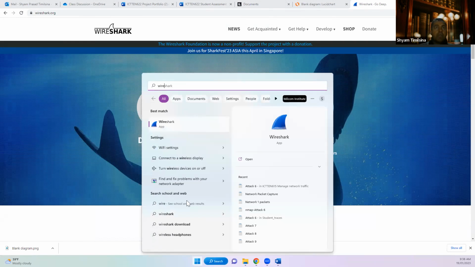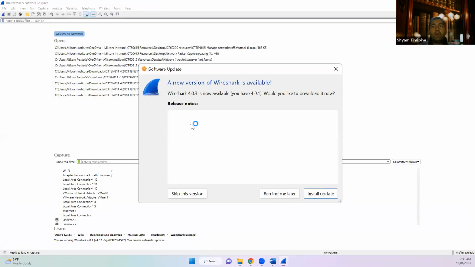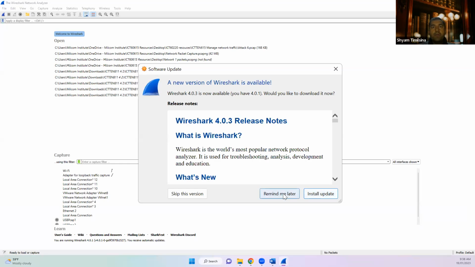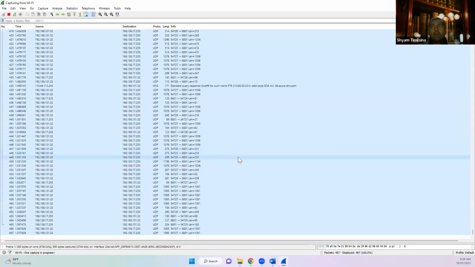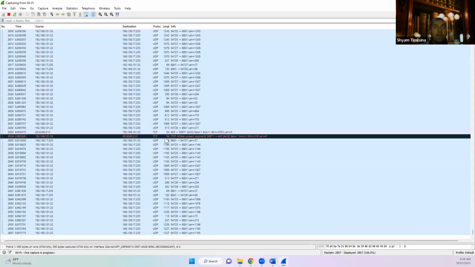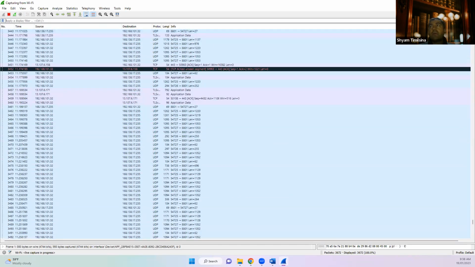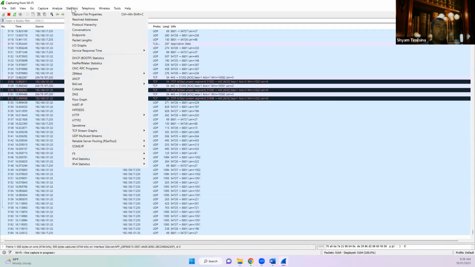Let me double check. So this is the application. Open this. I'm using the wireless adapter. Just click on it. So this is the traffic, all the traffic that's going out from my network and coming in to my network, in the local area network. And if you go to the statistics and check here,